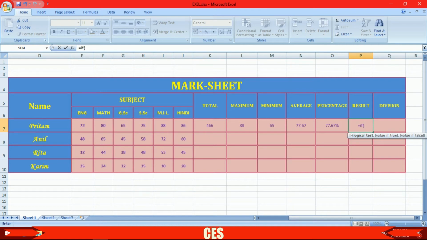Now select the average mark here, then greater than or equal to 30, comma, then inverted comma on, here write pass, inverted comma close, then comma, once again inverted comma on, then we should write here fail, F-A-I-L, then bracket close. So I have written the formula.